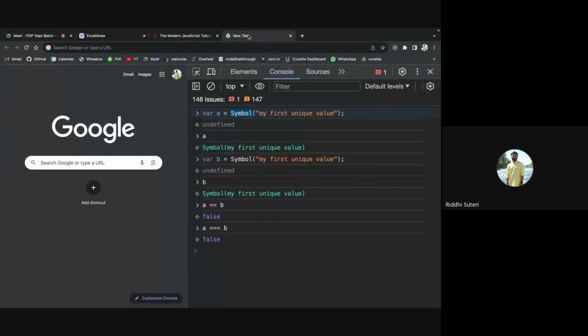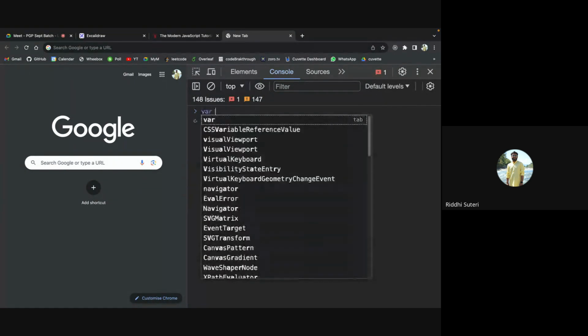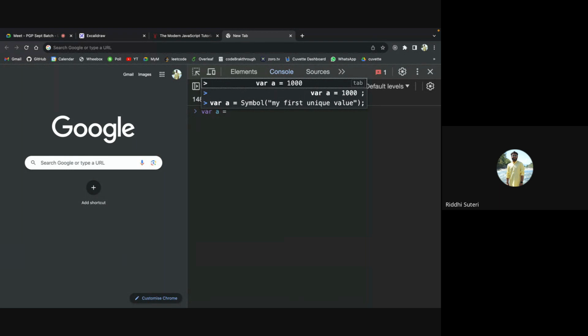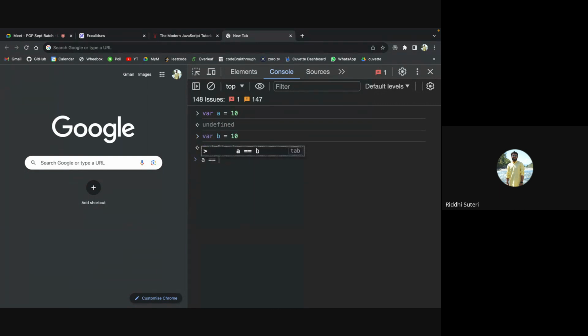Let's explain this with one good example. Suppose you have var a equals to 10 and var b equals to 10. So if I say a double equals to b, what will I get?